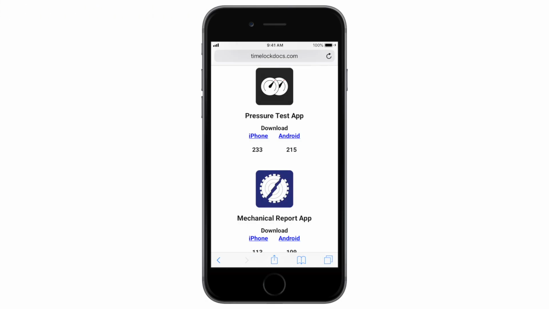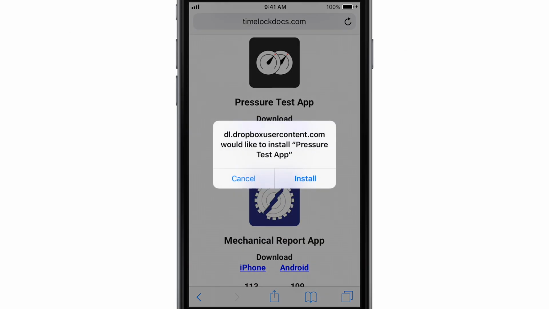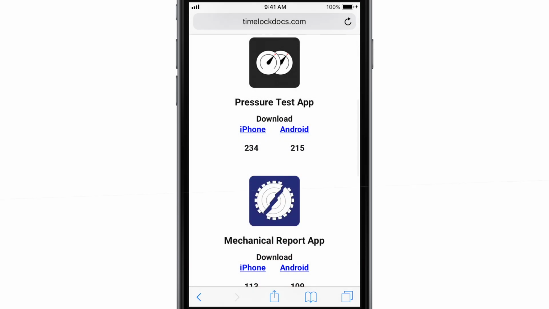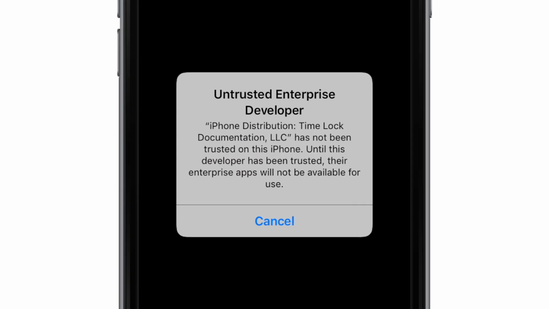Tapping the iPhone link will cause an alert to pop up. Just tap to close it, then tap Install in the next box that appears. This will add the app to your phone's home screen. If you try to open the app at this point, you'll get an error message about it being from an